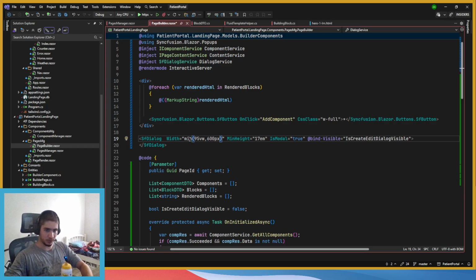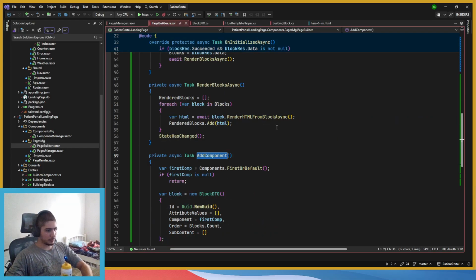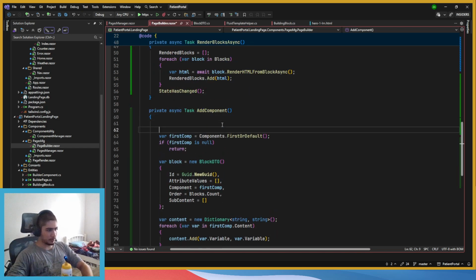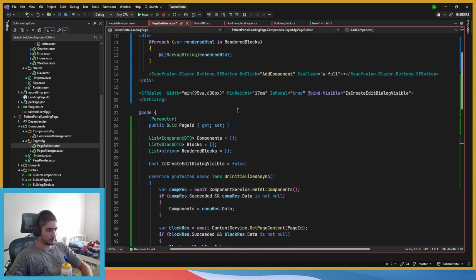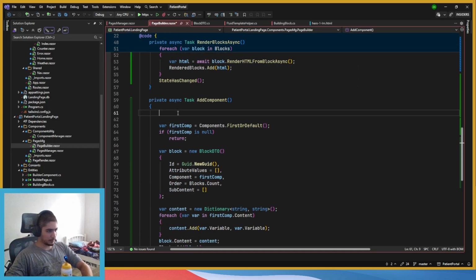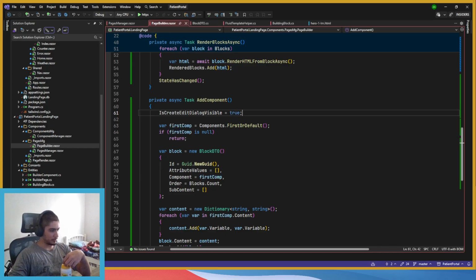Seems somewhat logical, I would say. So what I'm gonna do is set visible to true. I just want to see how it looks. So I'm gonna make sure that it looks kind of fine. Let me take you with me.